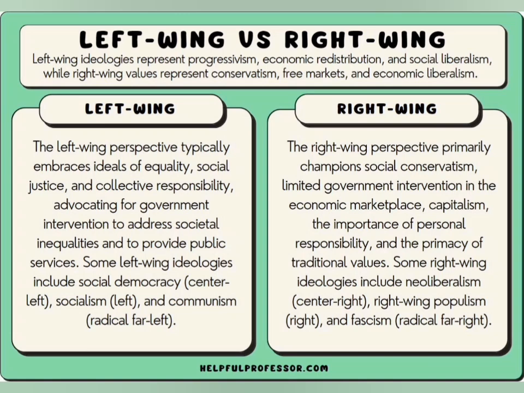wings. Historical origins. The classification of political ideologies into left and right wings finds its roots in the aftermath of the French Revolution, a period of tremendous social and political upheaval. During the French Revolution, supporters of the monarchy, nobility, and the established order typically sat on the right side of the National Assembly. These individuals favored tradition, hierarchy, and the preservation of the existing social and political structure.